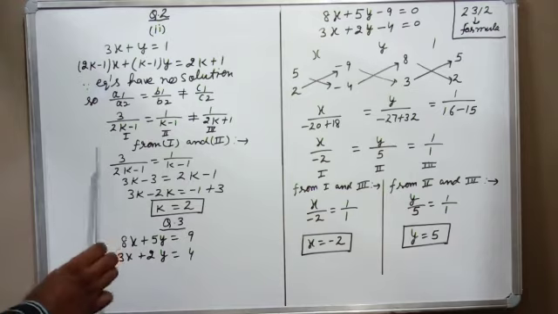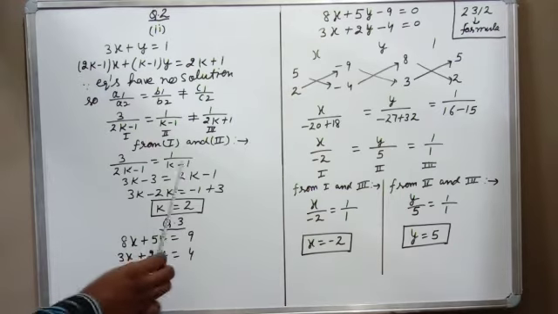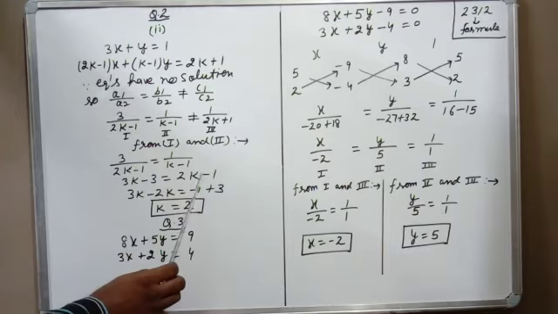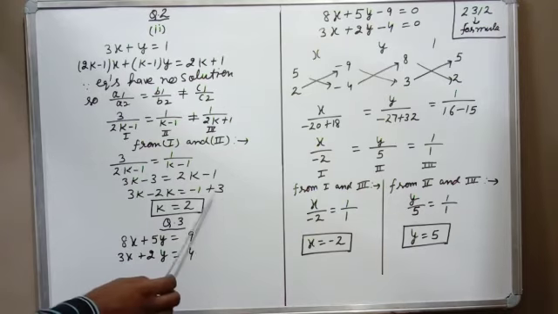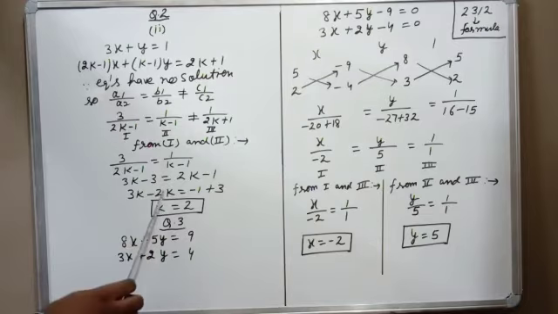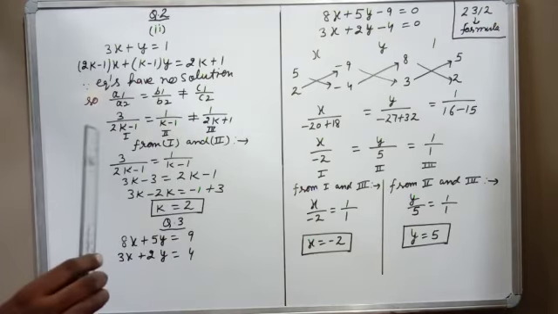Then we cross multiply: 3 into k, 3k; 3 into minus 1, minus 3; then 1 into 2k, 2k; 1 into minus 1, minus 1. 3k as it is, this 2k will shift to the left hand side and become minus, minus 1 as it is, this 3 shifts to the right hand side and becomes plus 3. So the answer is k equals 2. Whenever we want to find only one value, generally we take one pair.